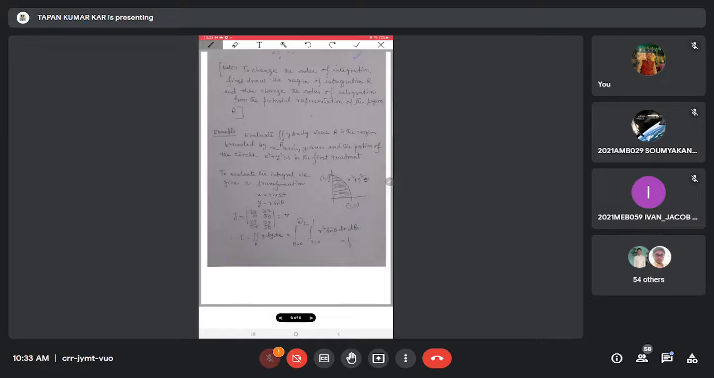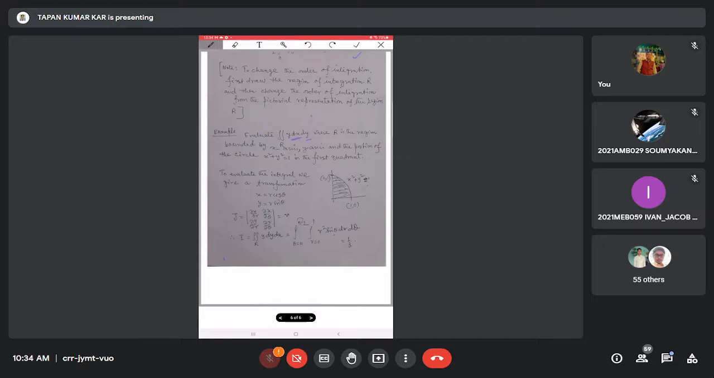X varies from what? Sorry, if you are considering first with respect to x, then with respect to y. I am also considering first with respect to x. You also, we may consider first with respect to y, no problem. Okay, if we do not give this variable transformation,